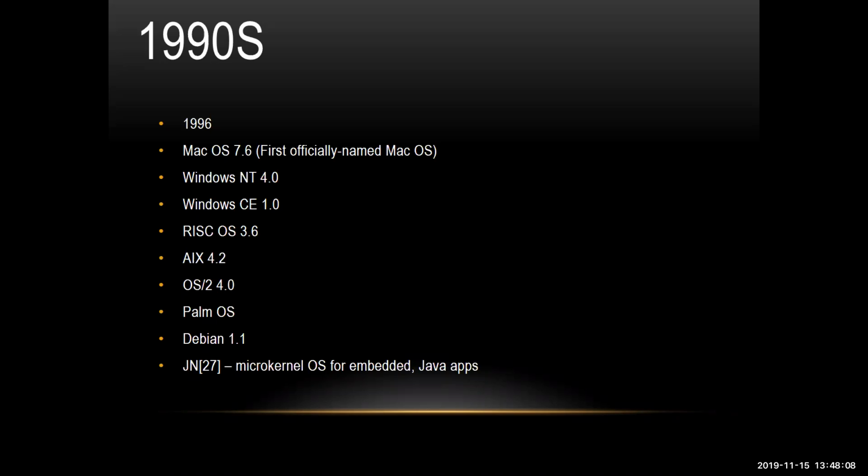Palm OS is a discontinued mobile operating system initially developed by Palm Incorporated for PDAs in 1986. Palm OS was designed for ease of use with a touchscreen-based graphical user interface. And then we also had Debian 1.1, I'm not sure if that's pronounced correctly. And then JN, a microkernel OS for embedded Java apps. And then